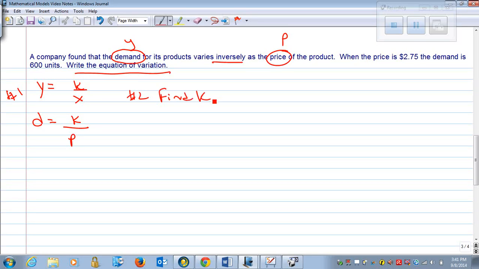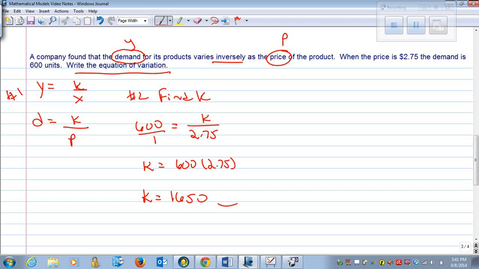So to find k, I'm going to say the price is $2.75. We don't know what k is when the demand is 600 units. So you could put that over 1 and cross multiply, and you would have k equals 600 times 2.75. And in this case, k is equal to 1650. So our equation of variation would be written as, we're going to go by our original one, but